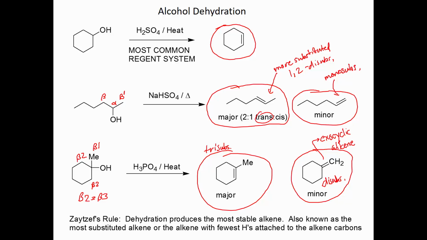Right now, the primary property that's affecting alkene stability is the degree of alkyl substitution. Okay, so right now, until we introduce some more factors, we can say that the more substituted alkene is going to form as a result of the dehydration. Another way to say more substituted is to say we're going to obtain the alkene that has the fewest hydrogens directly attached. Okay,